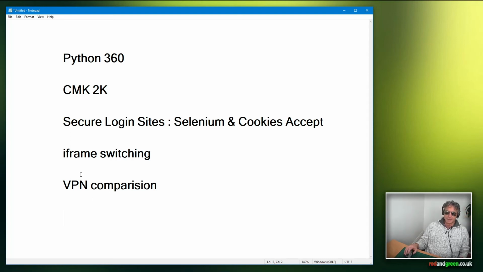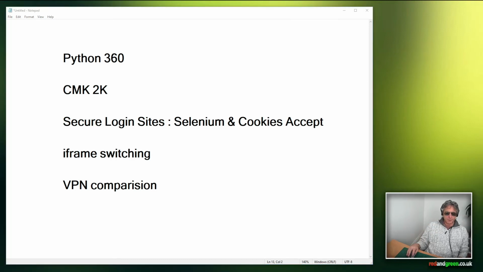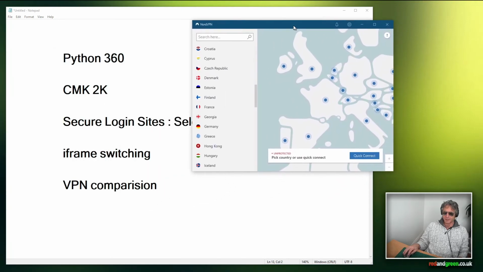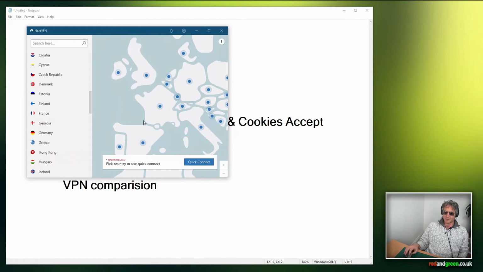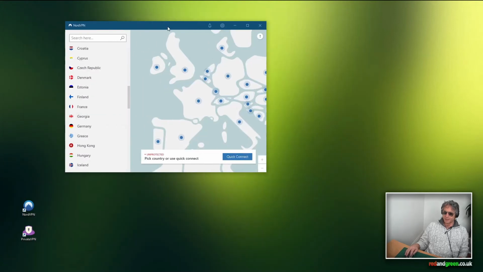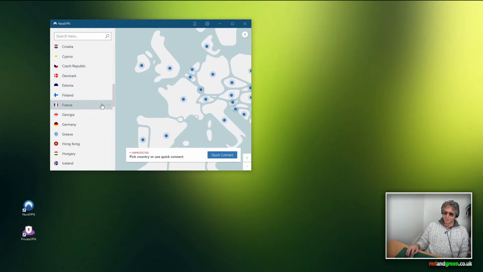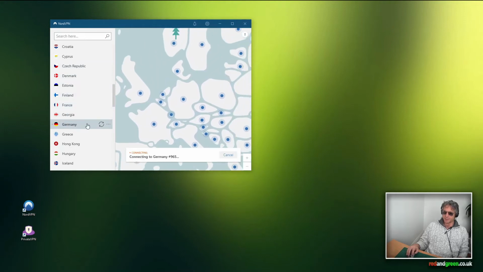So the only other thing I wanted to show you here was, anybody fancy seeing a VPN comparison? I happen to have two different VPN suppliers at present, and let's try Germany. So I'm going to connect to Germany using NordVPN. NordVPN is the first test,